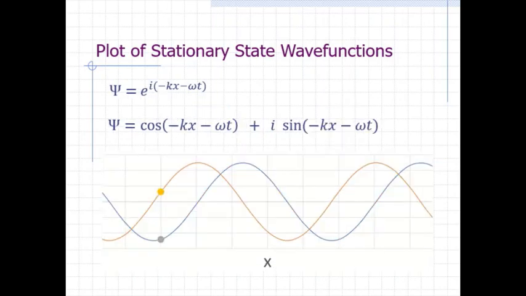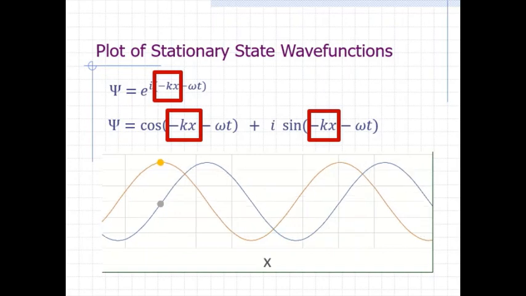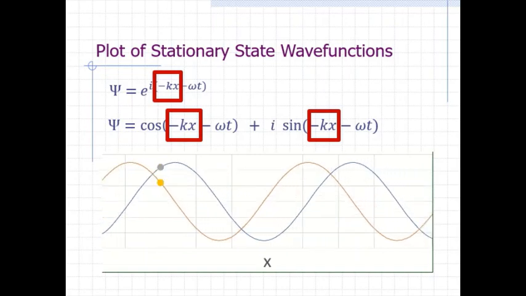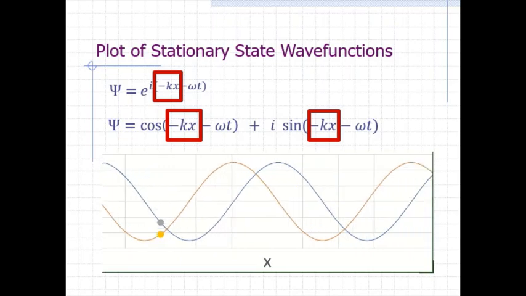Here's what happens if instead of e to the ikx, the time-independent wave function is e to the negative ikx. Recall that this wave function describes a particle with negative momentum, a particle that is moving to the left. This time, the real and imaginary components of the wave function look like traveling waves propagating in the negative x direction.